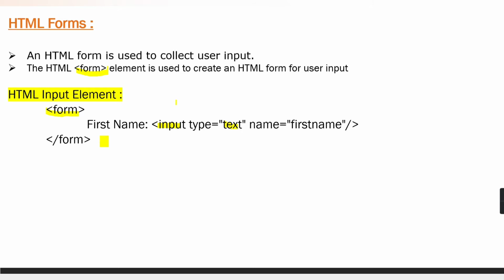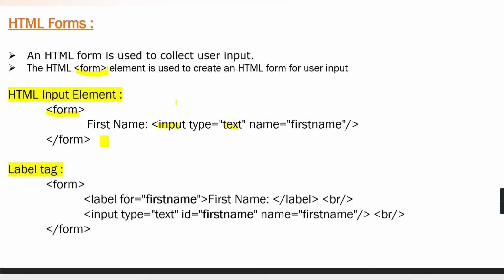Let's check what else we can cover here. The label tag is also used. So what is the use of the label tag? Now we have seen the HTML input element, and similarly we have the label tag. What does the label tag do? The label tag provides extra information about the input type text, name, first name that we have provided here. It is used to provide the label to that particular field. If you click on the label, it will also focus on the text control. Let me show you this in our code.